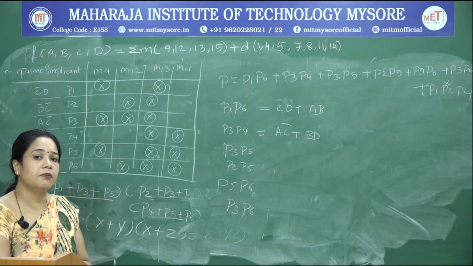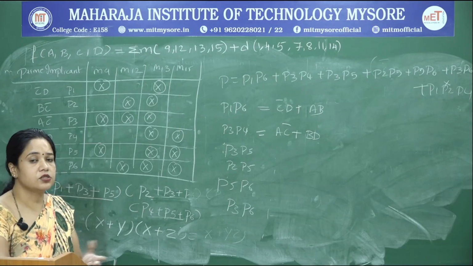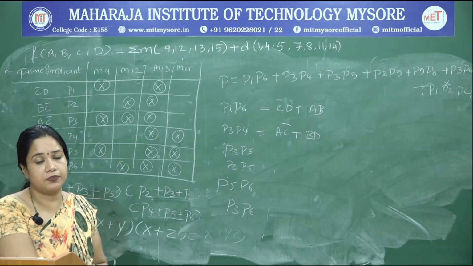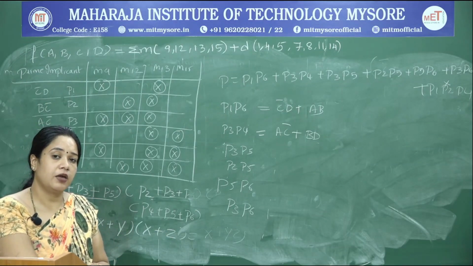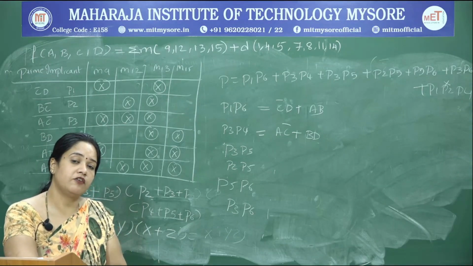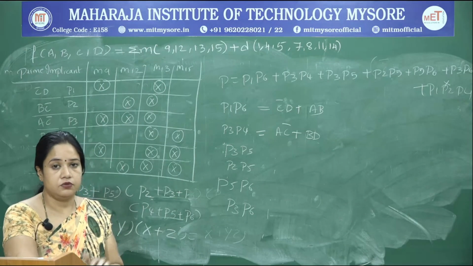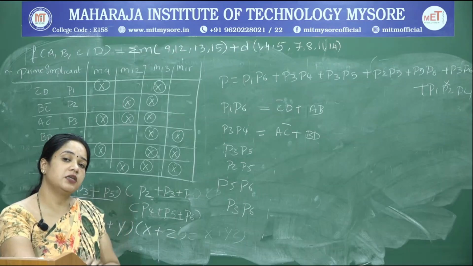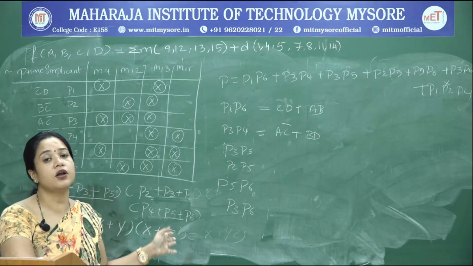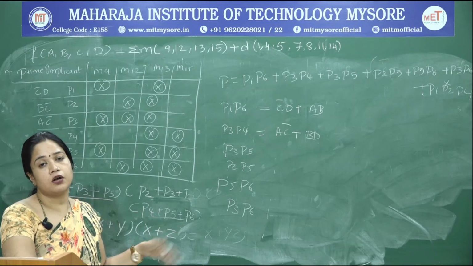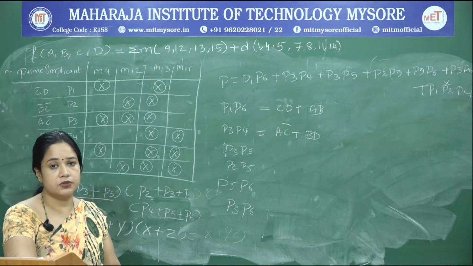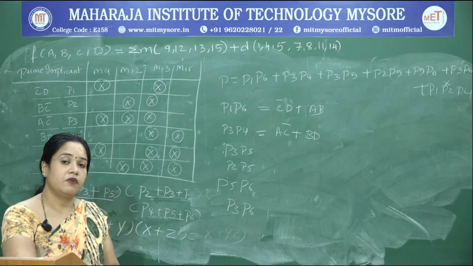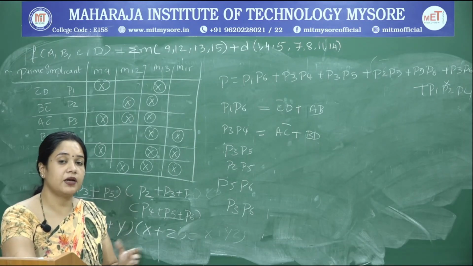In the next session we will take up the map entered variable technique, wherein we will expand the usage of K-map. You are aware the restriction of K-map is that it can be comfortably applied for 4 or 5 variable expressions. So we can see how the map entered variable technique increases the degree of your K-map. So we can use a K-map for arriving at solutions for more than 4 or 5 variables. So in the next session we will take up the map entered variable technique and expand it for K-map.